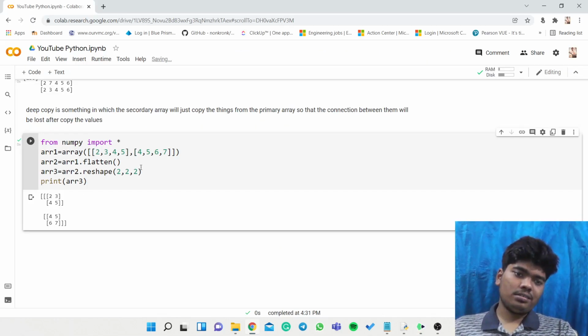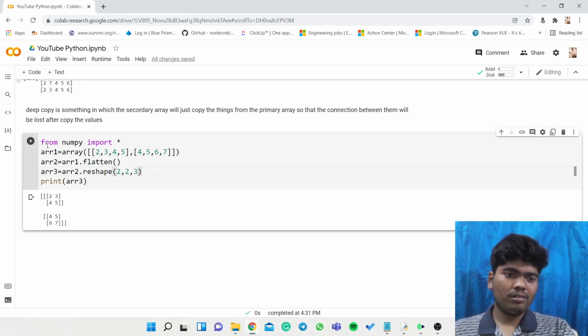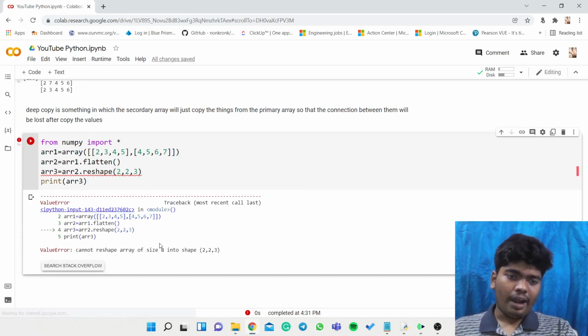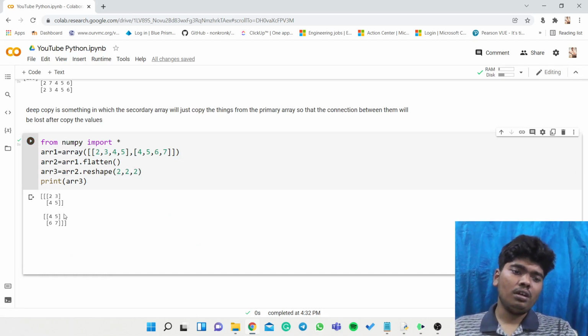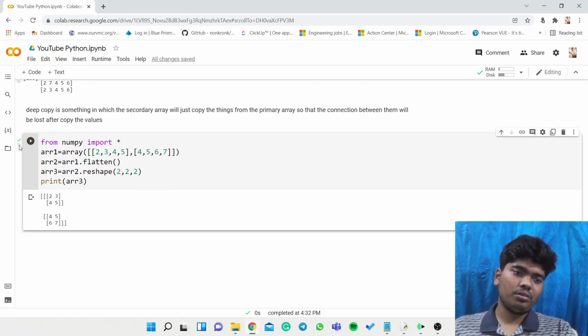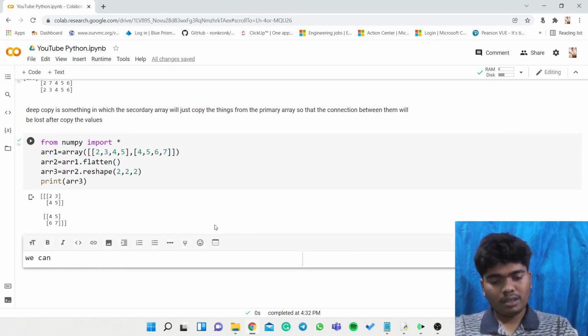As we got an error before, I saw that it actually has only 8 elements, so it can't make up to 3 sets, it can only make 2 sets each. So it is showing like this. With the help of this, we can convert them into different dimensions.